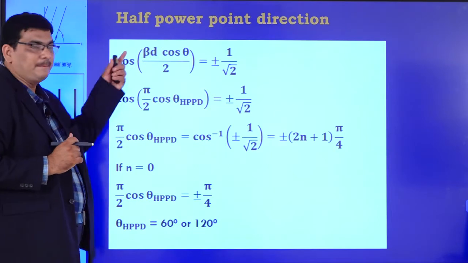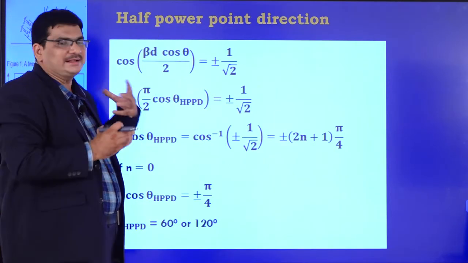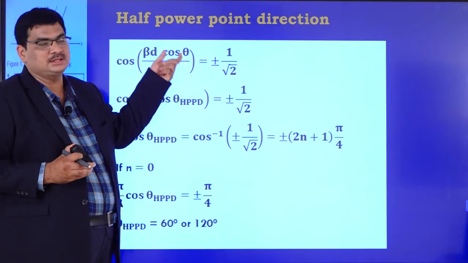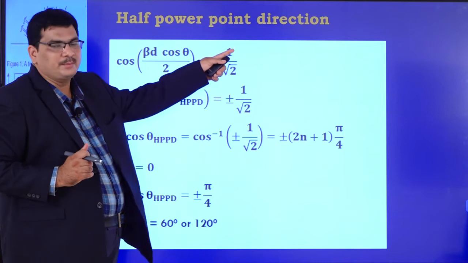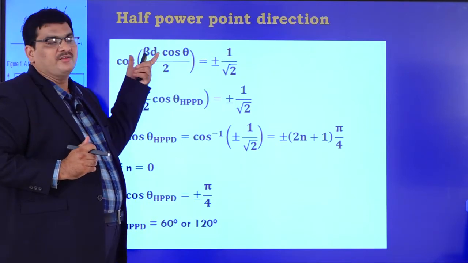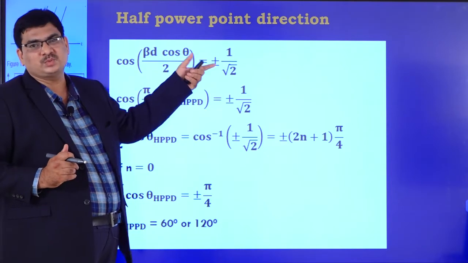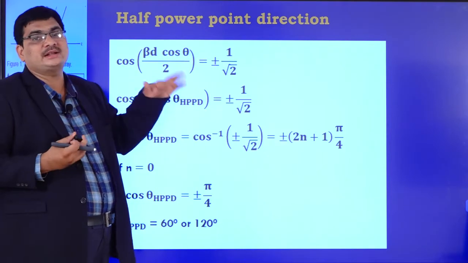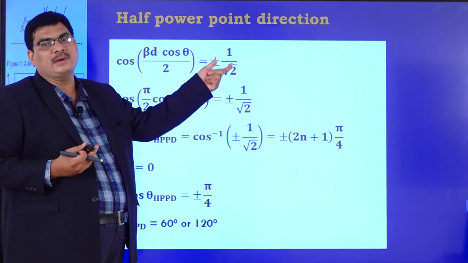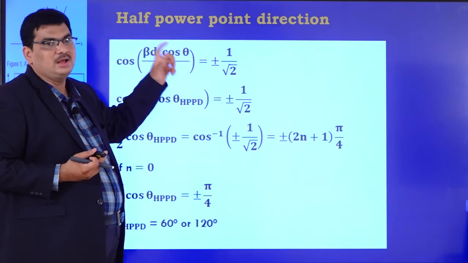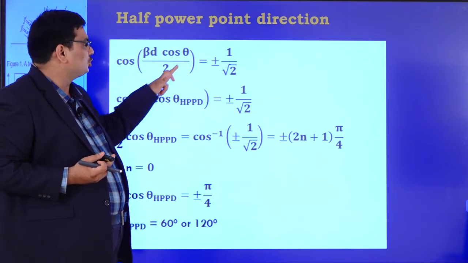Next, half power direction points. If you are taking the field components, then to find the half power beam width, you have to equate the phase term cos of (beta d cos theta by 2) to plus or minus 1 by 2 if you are taking the power component. But here we are taking the field components, that is why cos of (beta d cos theta by 2) is equal to plus or minus